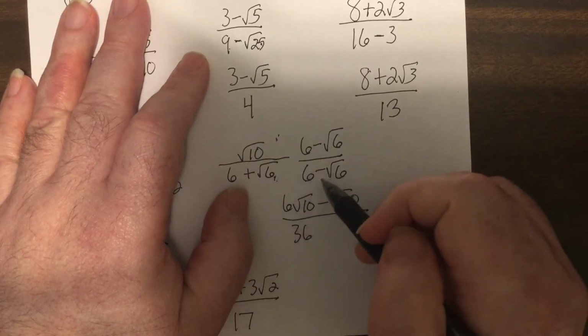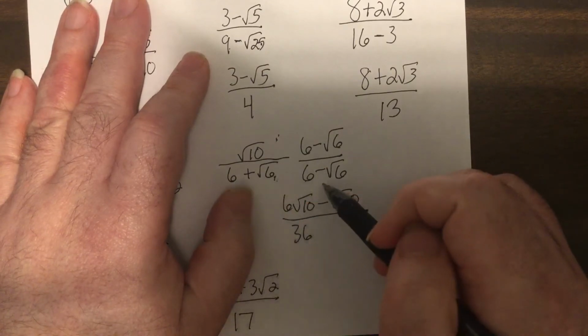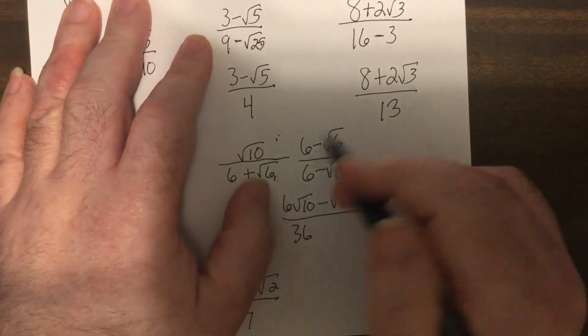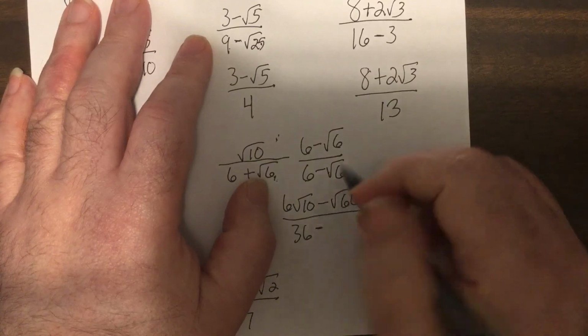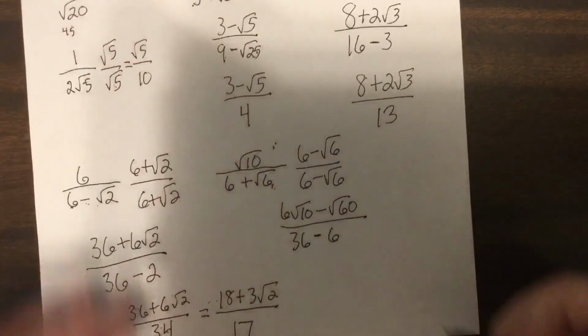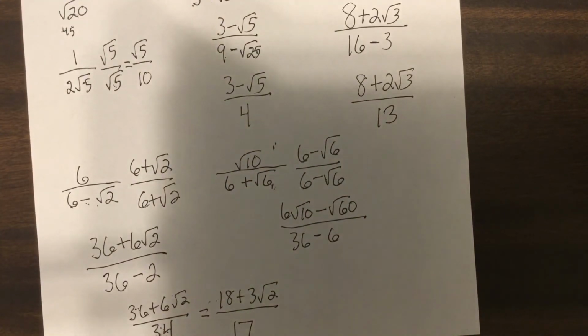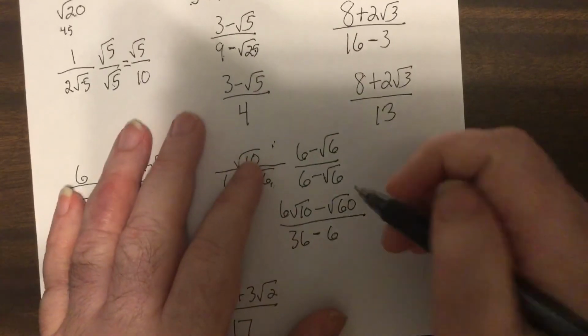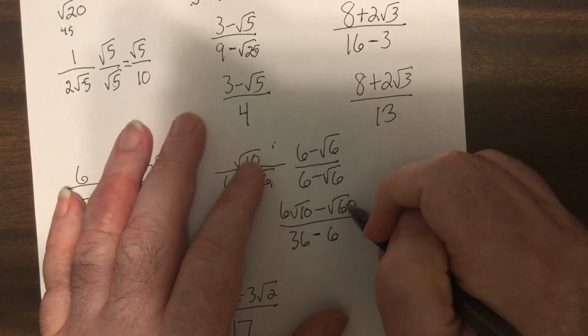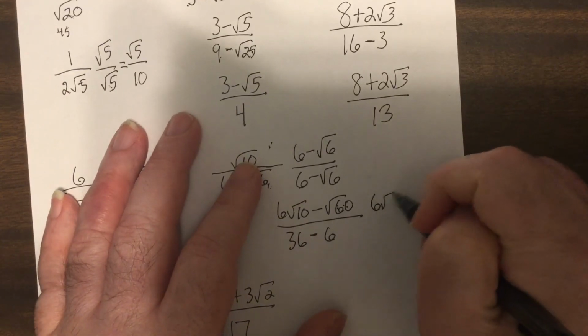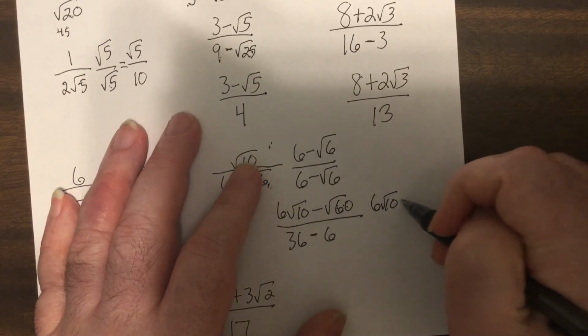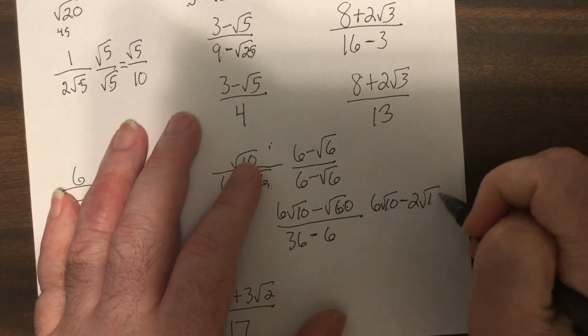6 square root of 6 minus 6 square root of 6 is 0. Square root of 6 times negative square root of 6 would be minus 6. Because any square root times itself is just itself. Square root of 2 times square root of 2 is square root of 4, which is 2. Square root of 3 times square root of 3 is square root of 9, which is 3. Now 60 is 4 and 15. So this would be 2 square root of 15